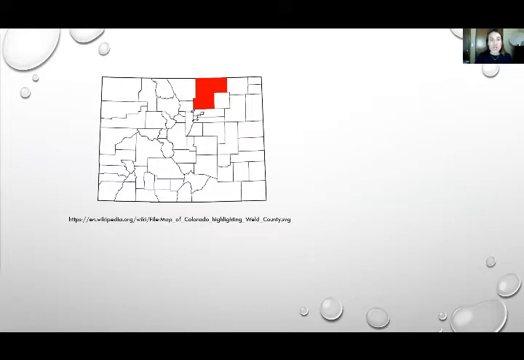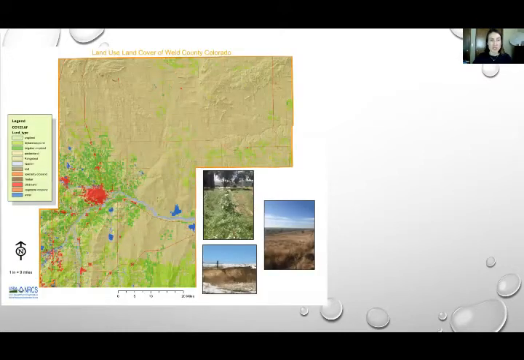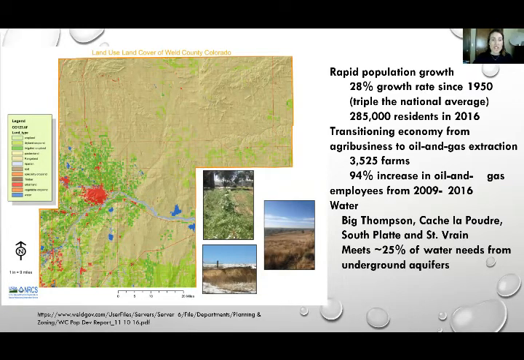So I was interested in looking at Weld County, Colorado, which is where the majority of fracking happens in our state and where the majority of natural gas is produced. So when we look at a map of Weld County, the majority of the area is ranch land and grasslands. You can see to the west, pretty near to Fort Collins, that in red, that's Greeley. So, that's the main urban area in Weld County. And Weld County has